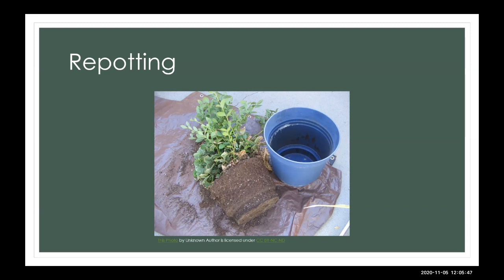So if you are going to have to repot, the best way to go is you need to make sure that plant is watered 1 to 2 days thoroughly ahead of repotting. Then you'll remove the plant from the pot. If the pot is too large for you to just pull it out, pick up the pot and knock the high side with a rubber mallet. You can even use the heel of your hand to kind of hit it